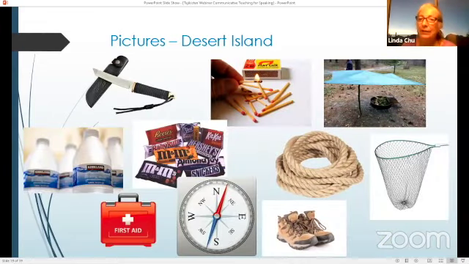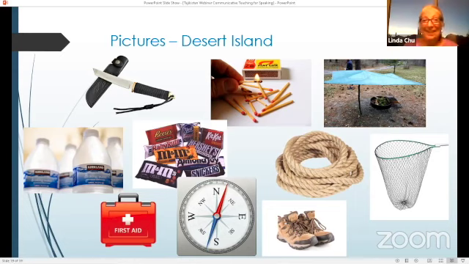Give your students pictures, once again, of different items, and you can use whatever comes to mind for you for survival on a desert island. In this case, it's a knife, maybe some matches, maybe a tarp to cover things, water, food, a rope, a net, first aid kit, a compass, some hiking boots, and you will think of other items to use. So what you would do in this case is to put the students in groups, right? And within their groups, they are going to pick 3 items that they think are the most essential for surviving on the desert island. So first of all, within their group, each person needs to share their ideas and convince